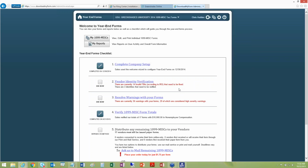So you'll have the opportunity to verify those, because really we're just wanting to bring this to your attention so you feel confident about the information that you're reporting to those vendors and then ultimately to the IRS. Our goal is to cut down on corrected forms. So we want to help you ensure that the original copy that you're issuing to this recipient is the correct copy. And then, of course, finally, the file that's getting submitted to the IRS, we want to make sure that's